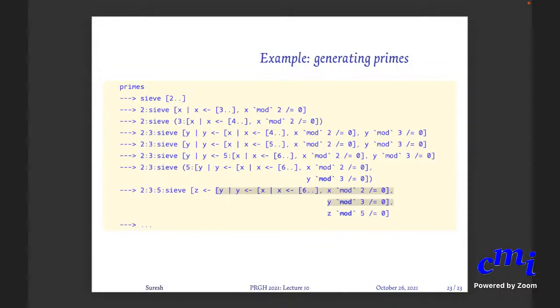Okay, sir. Yeah, that is why it becomes just 5 dot dot. Whereas if it passes the condition, in this case, you see, it passes the condition. 5 mod 2 is not equal to 0. So the result is 5 colon x such that x comes from 6 dot dot. And then you do this. Okay, sir. And it's testing 4 because it needs to extract the head now. Exactly. It needs to extract the head. So it is testing 4. If 4 fails, it will go and test 5.